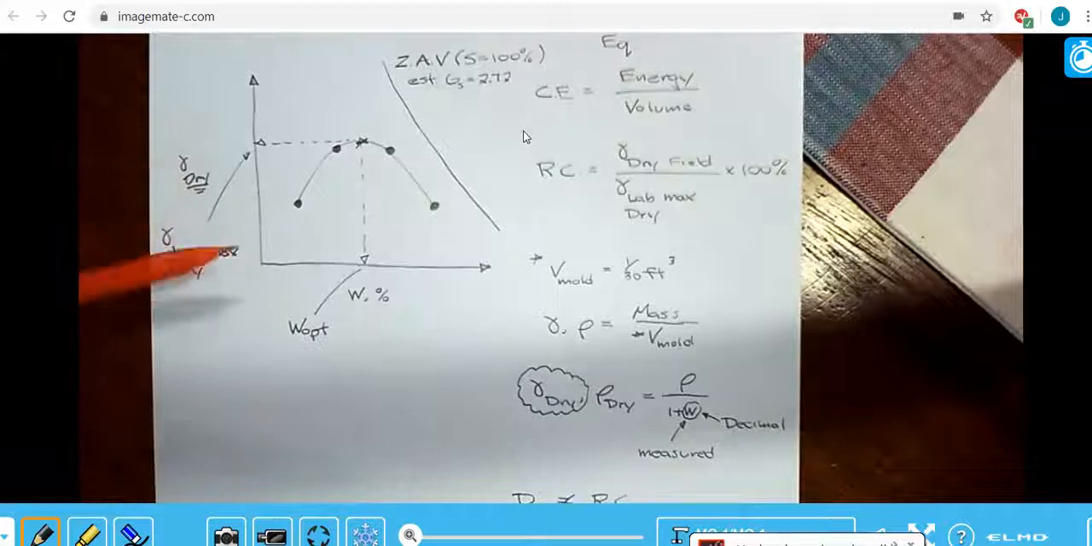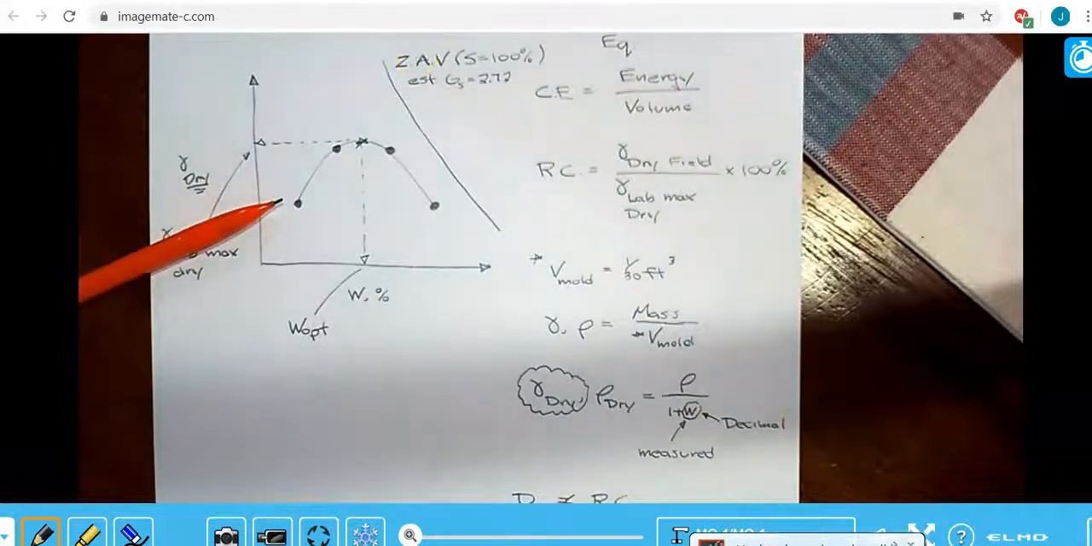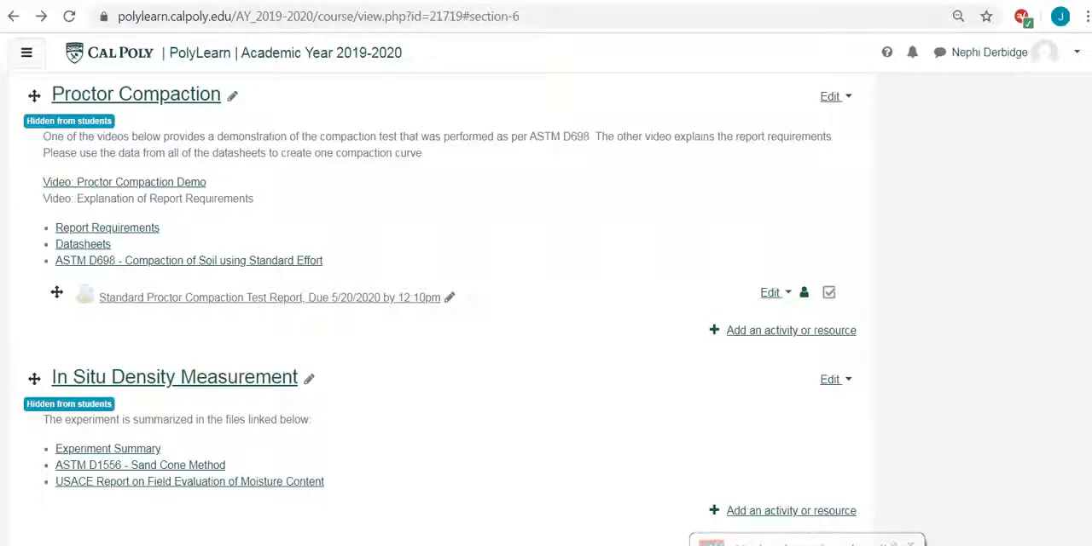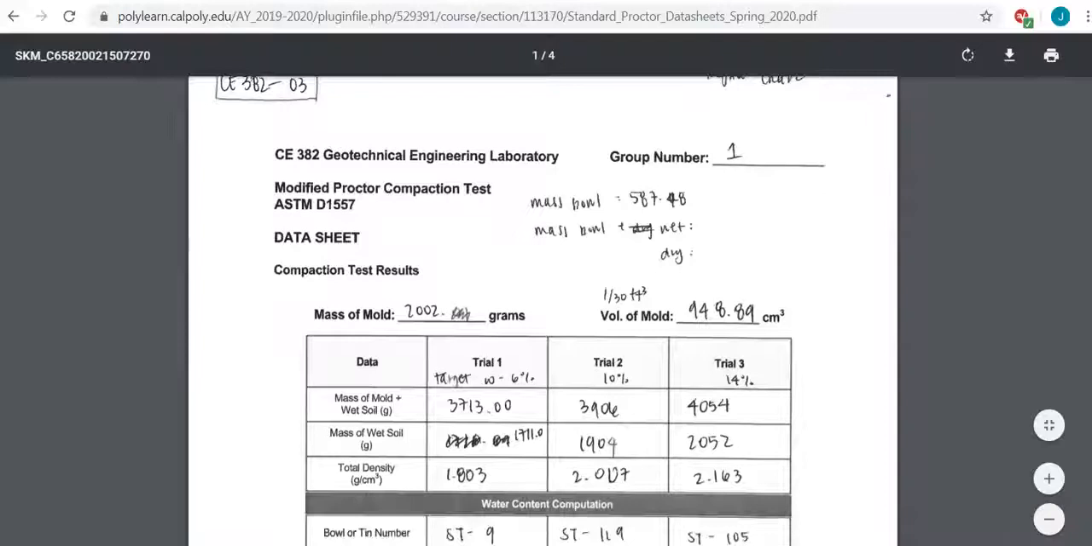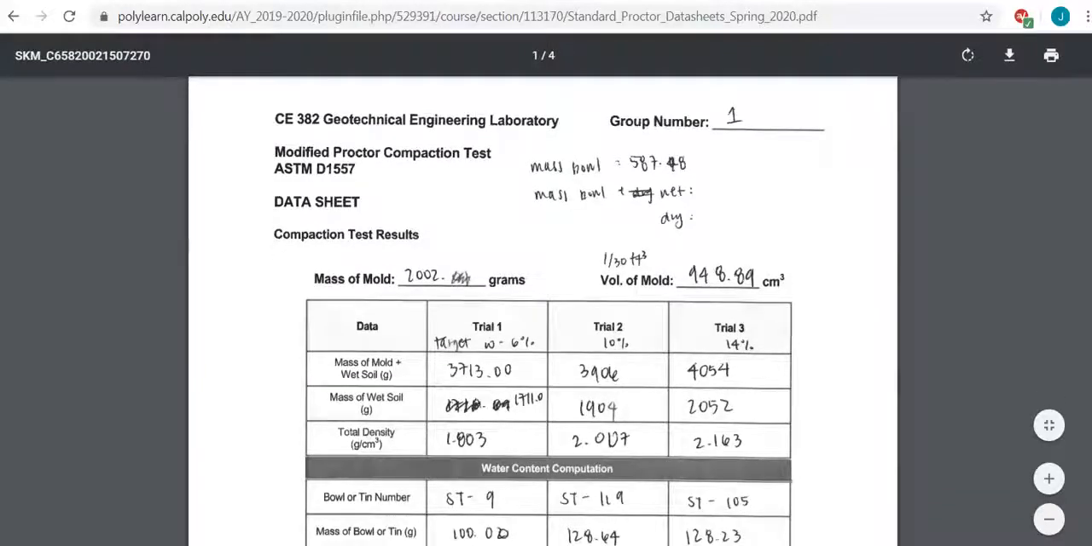Now let's look at what we have on PolyLearn here. Okay, let's go to the data sheets. I've taken some data from an old class from a previous section and provided it here, and what we have are 4 data sheets. Each data sheet has 3 trials. So we have the 12 points,